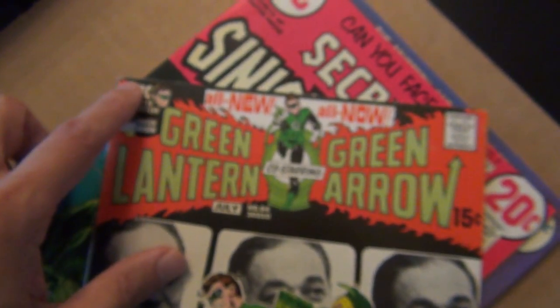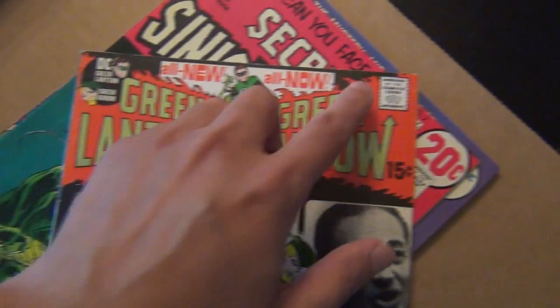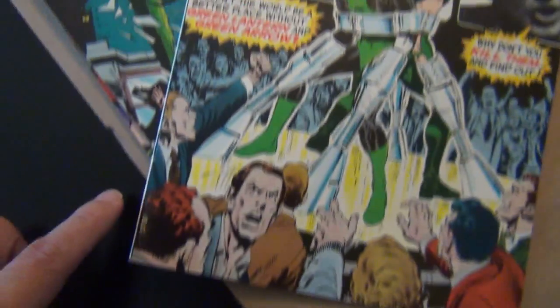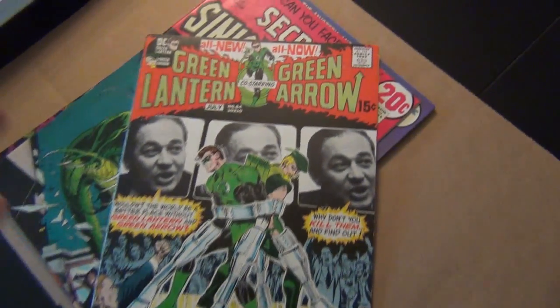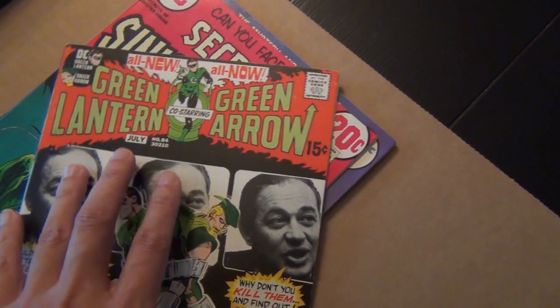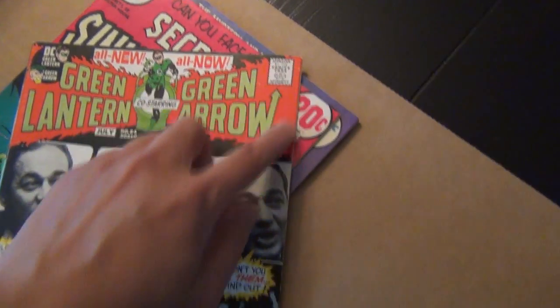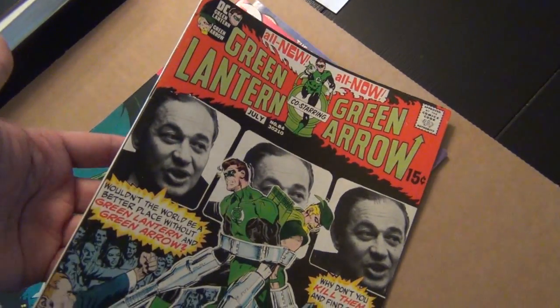So take into account all of those little flaws up there, and then the not so razor sharp corners and the few ticks that you see here. Here we go again. We have another book that is a solid 9.0 in my opinion. If these 2 corners were razor sharp, I think this book can be a 9.2, not a problem. But